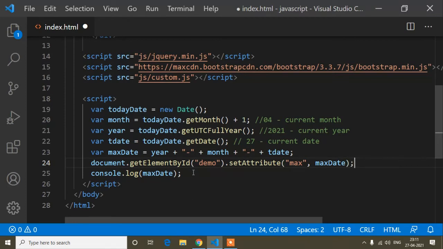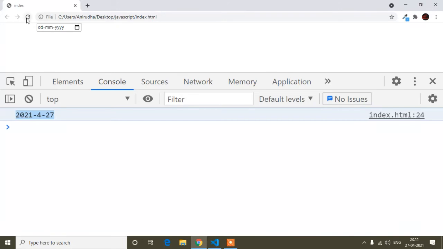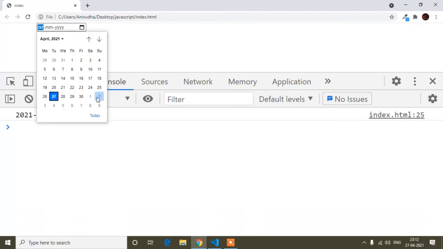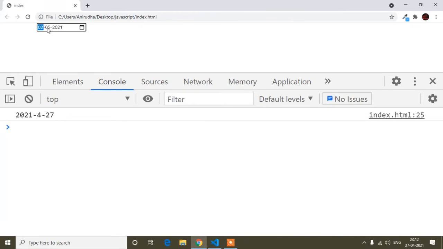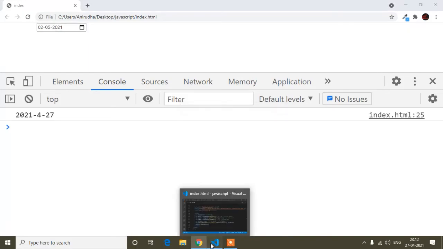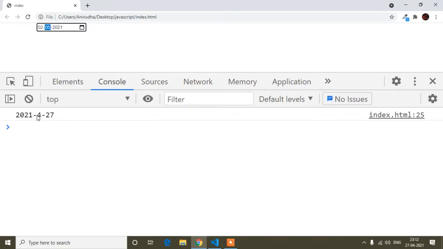So guys, now this format will not be workable, because I will show you next. First of all, if I refresh and click here, you can see I can select the future date. It's the month of May, so I can select a future date, because here you can see I'm getting the max date 4, but